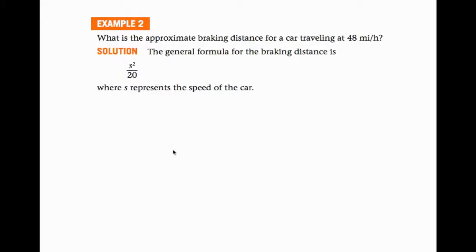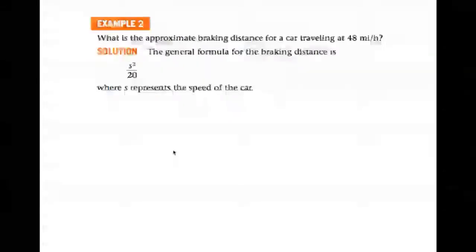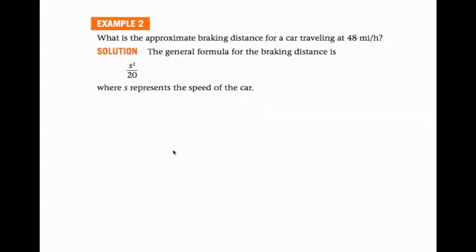If there's ice on the road, if there's gravel, if you have lousy tires. But we're going to look at the generalized formula for braking distance, and it's a quadratic. It's s squared over 20, where s represents how fast your car is going. Pretty simple, okay? So if the car is traveling at 48 miles per hour, s squared over 20 is 115.2